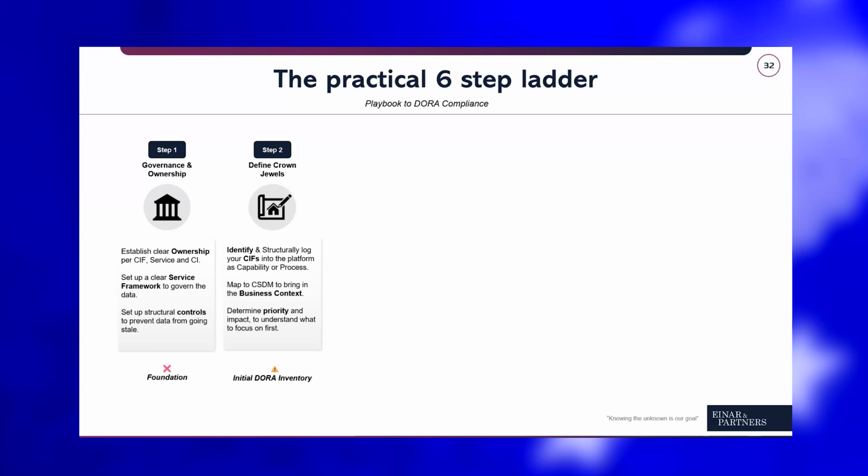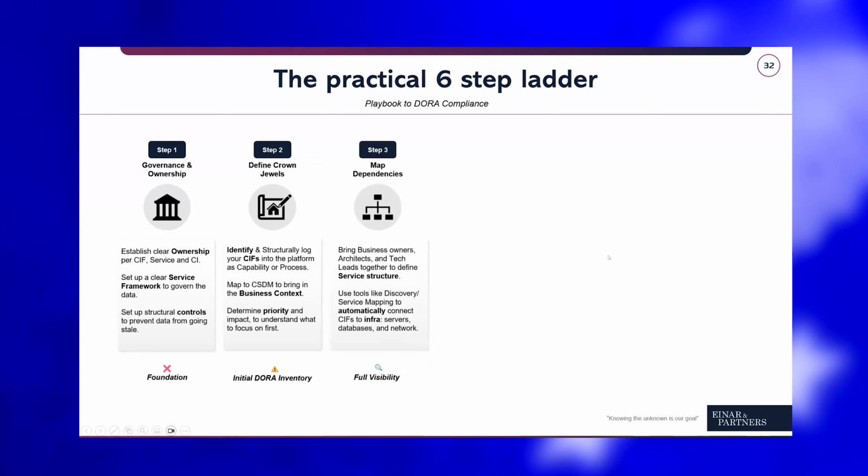So we can understand what is the business output, what are we actually delivering, and what are the different systems that are used to provide that. And this can then also help in putting priority on what we model first. What we mentioned before as well, don't try to do everything at once, but really try to put a bit of a plan towards that, and start building that initial DORA inventory that can be used for your reporting purposes. So this would be your first ambition level, I would say.